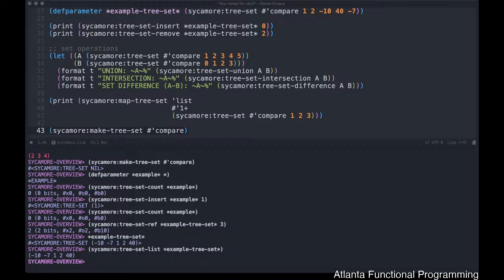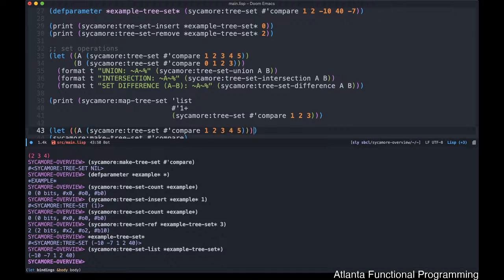Before we move on to tree maps, there is one more particularly interesting thing that tree sets has that I'm happy is available in the library. That is, there is a reduction function. Just like we have a map function, there's a reduce function inside of Sycamore for tree sets. All this guy is doing, let's say that we have our set, Sycamore tree set compare 1, 2, 3, 4, 5. Okay. Inside here,